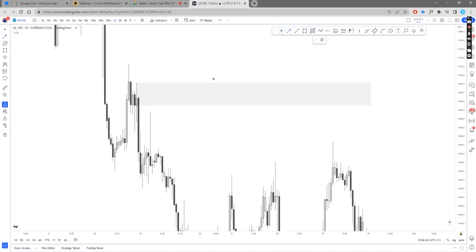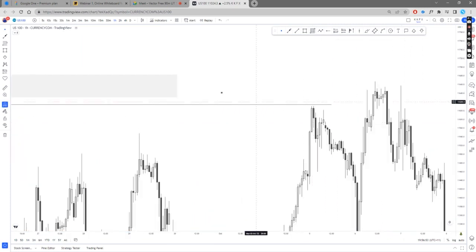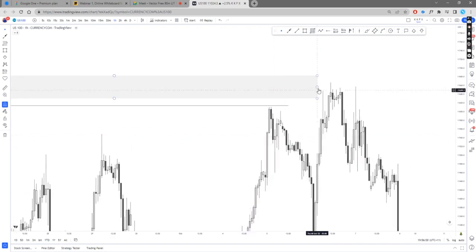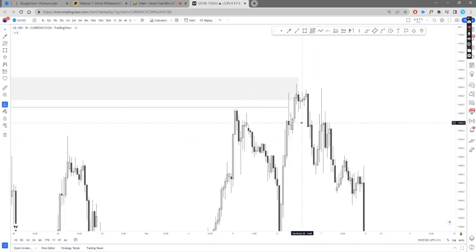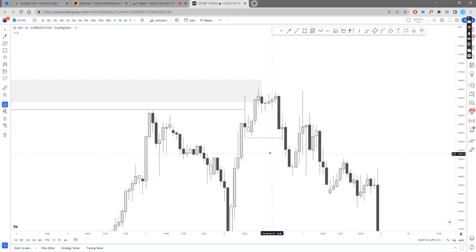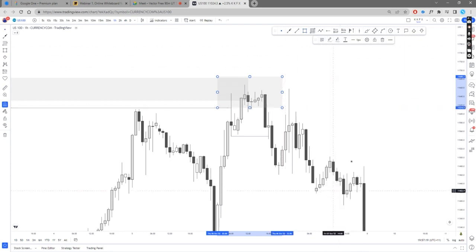And then what happens is we have this level, which is getting respected. Okay, it gets respected again. As long as we stay under this level, we're happy. Okay. Here, this level gets broken. Once a level gets broken, we have that shift in structure, because this is the last point to take out that level. Okay. Once we have that shift, we can confirm this as our manipulation here,